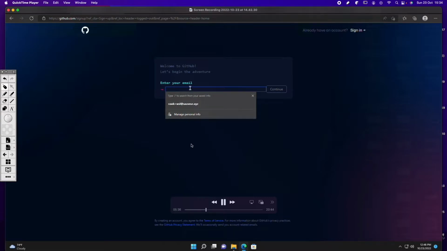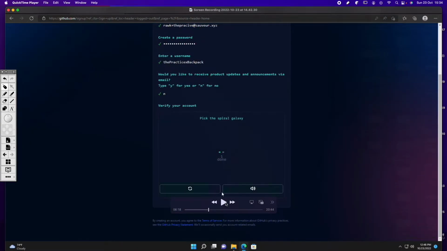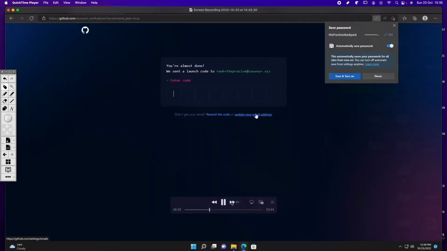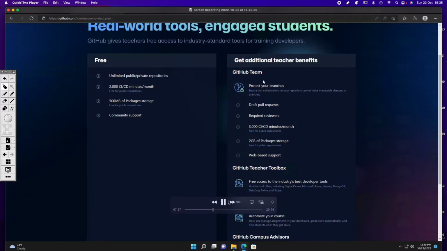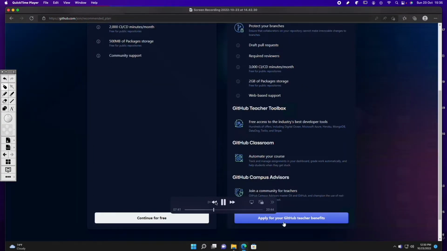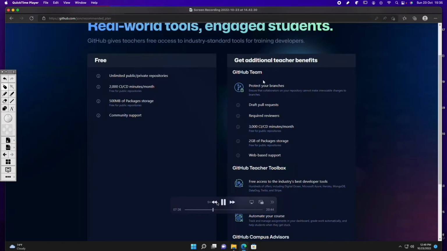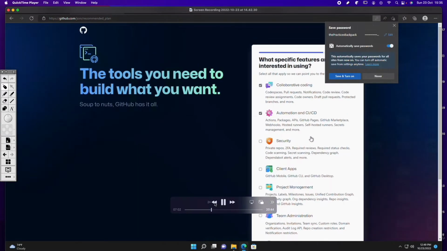So you just come here, you sign up, fill out your details. I think this can definitely fast forward. So you just set up your password, username, these reCAPTCHA forms. Utter nonsense. So you go through this process. Wait, I made a mistake here. Sorry. I mean, you can follow along, you can read what you have to do, right? So I selected teacher